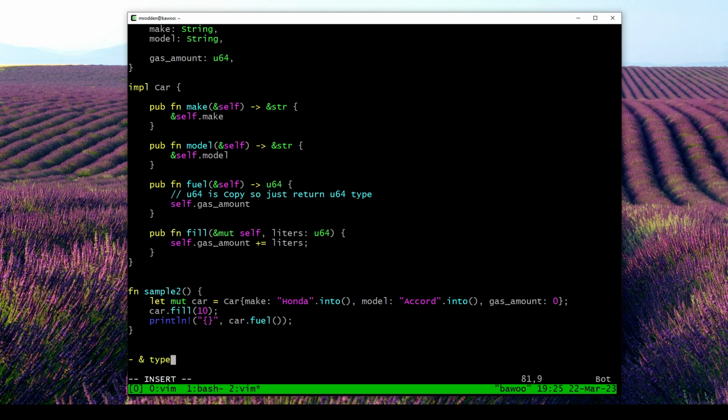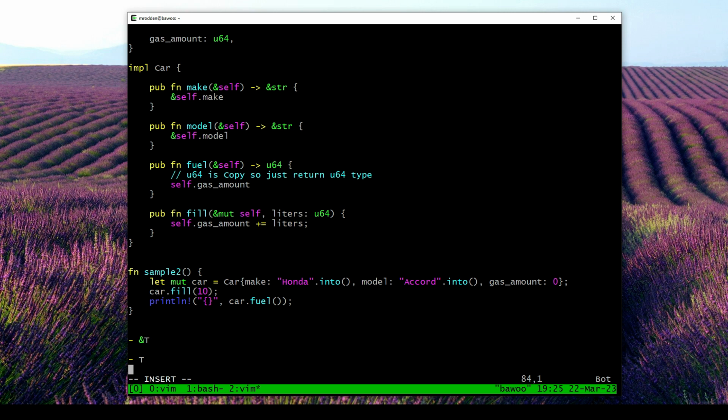reference type, or technically ampersand T, right? That's the most general type that you can get away with. You can hand that to many threads, you can hand that to many subroutines, it's all happy. If you can get away with passing a ref, pass a ref, right? Returning references is more complicated. Probably when you return, you want to consider returning the actual type T. But type T is probably the most